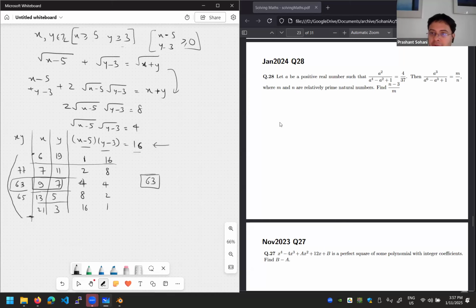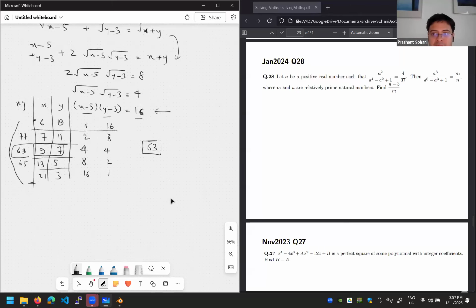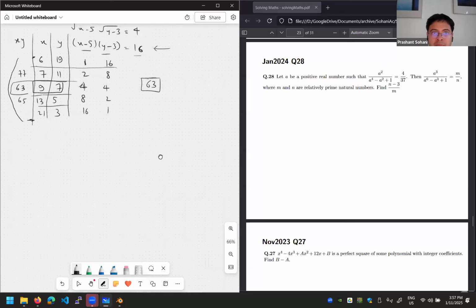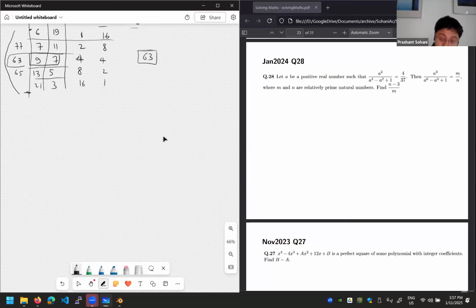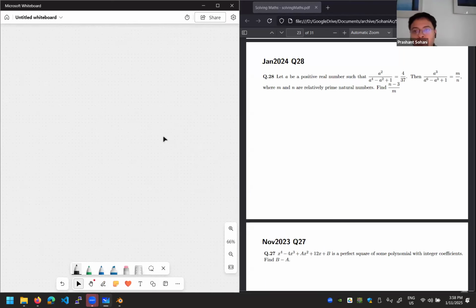Okay, so this is question 28. This is a question mostly based on your knowledge of algebraic expansion, like factorization and things like that. So what is the given information? A square upon,